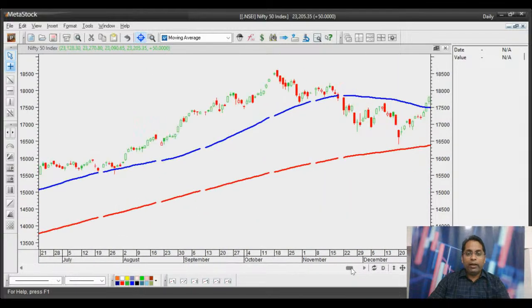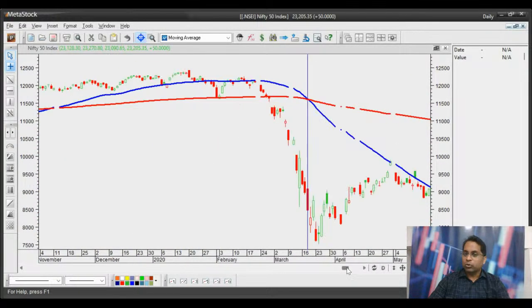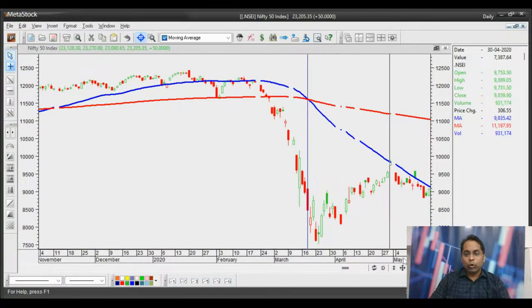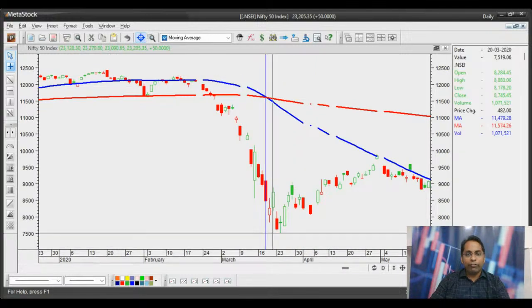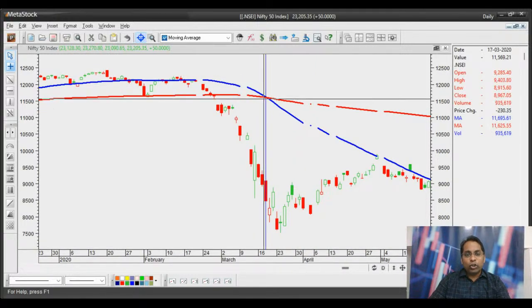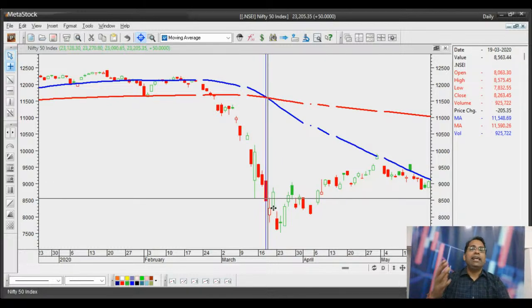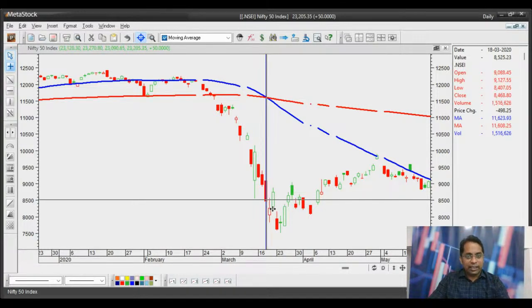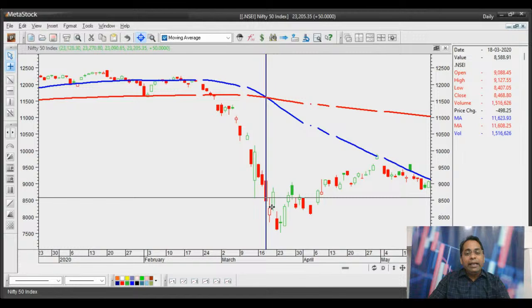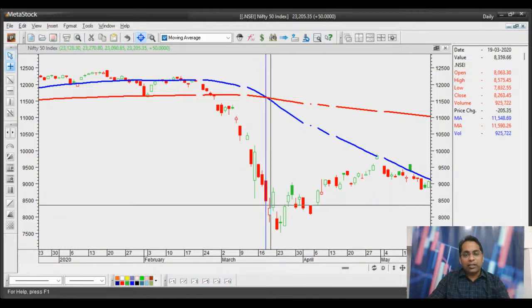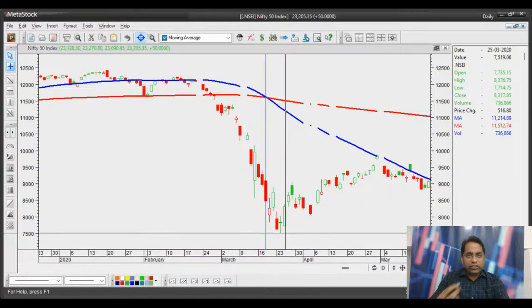Okay, now we go back to say 2020. So 2020 is a brilliant case. COVID sell-off, an aggressive sell-off. Now, when the death crossover happened, so this is the point of death crossover, the Nifty was already at 8,500 levels. Now we've already fallen by 4,000 points. उसके बाद death crossover का signal आया. That leads to a remainder sell-off. So last 1,000 points का sell-off एक extreme stretch में हो गया, but उसके बाद में it starts to go into a repair work.